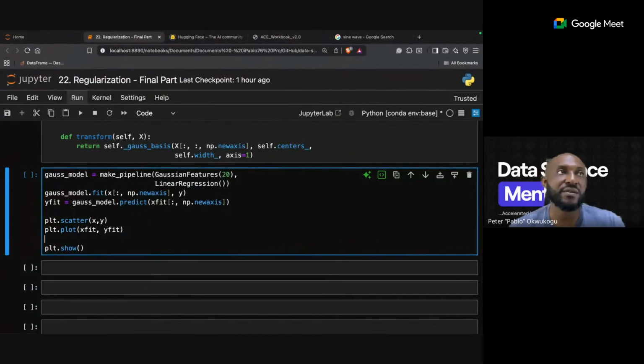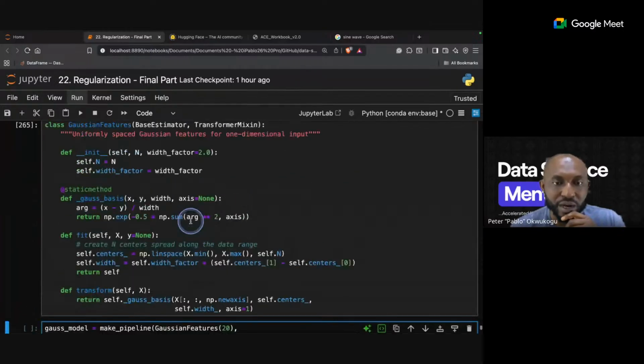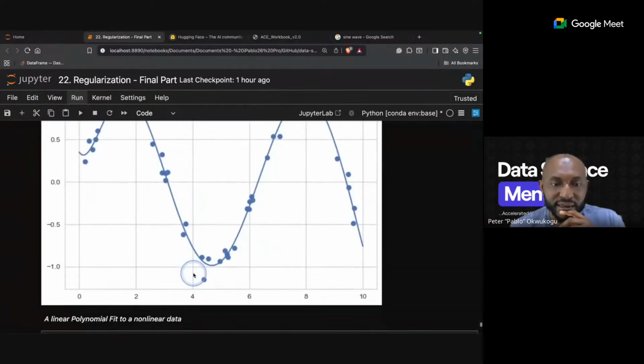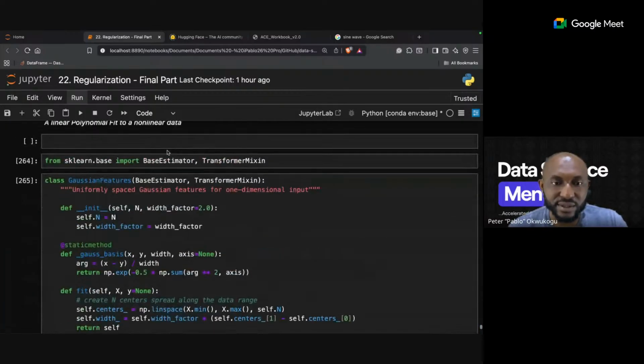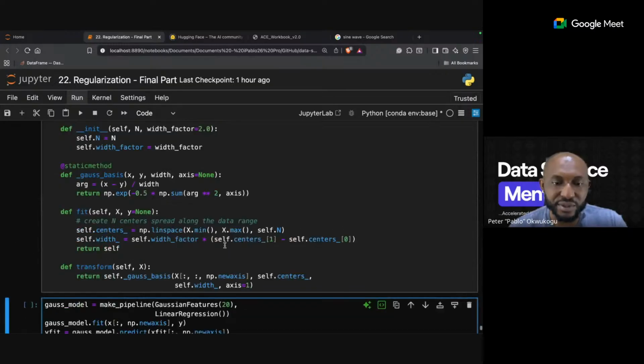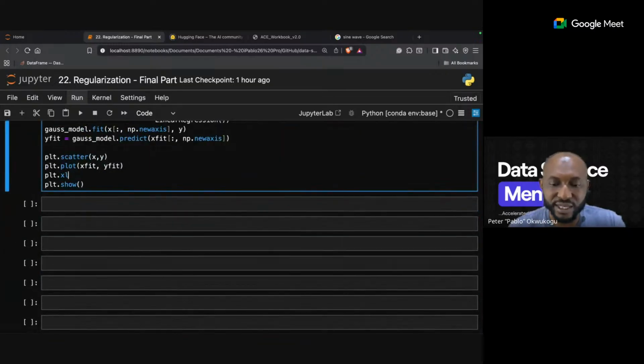Because it is different from when we created this one, let's have a limit. I'll say plt.xlim so that we don't have it going over and over. So we say xlim of 0 to 10.